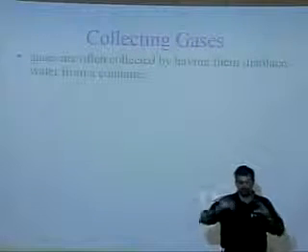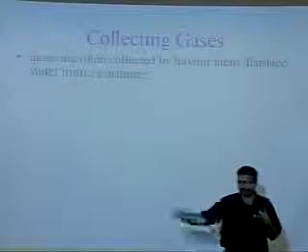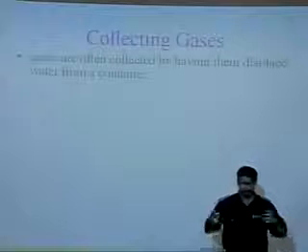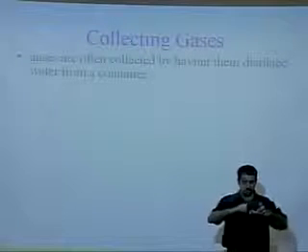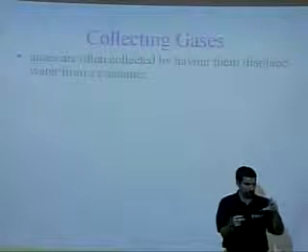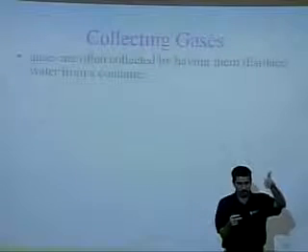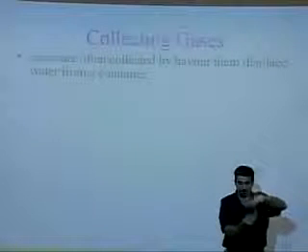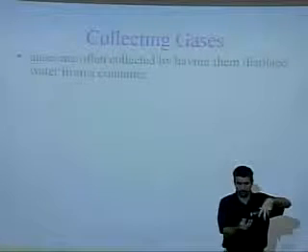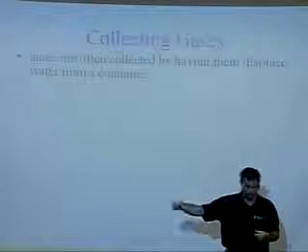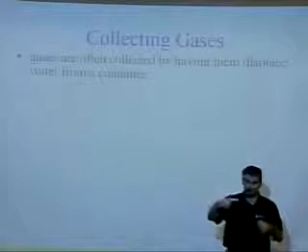So that means if all the space is occupied, if something else wants to come in, something else is going to have to get pushed out of the way, right? So in this particular case, you're going to have a flask that has water in it. You're going to have a big empty space above that water, and you're going to put a syringe on top and push down, plunge it in, and fill up that empty space with air, basically. So now any gas that is produced from this reaction will come in,